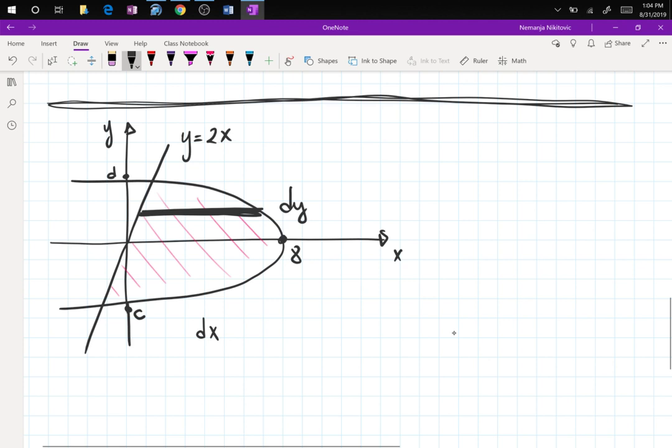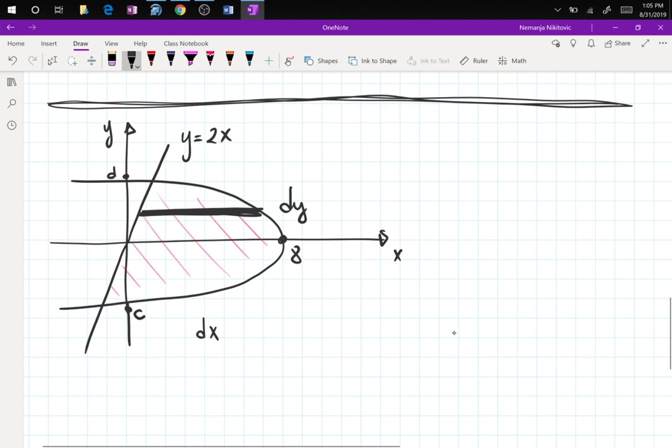Representative rectangle, left side always rides the linear line, right side always rides the parabola. And as the representative rectangle takes on all of the values, the left sits on this line and the right sits on that line, which tells us that now we can write the same formula